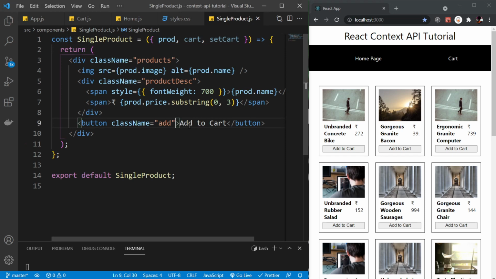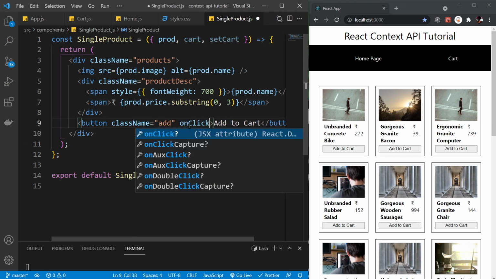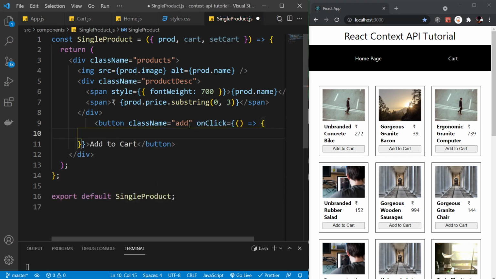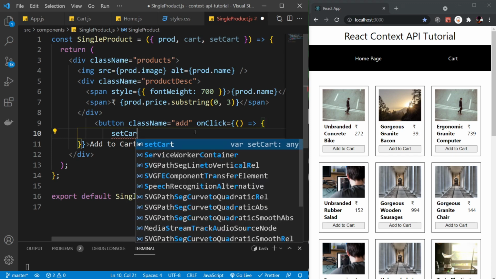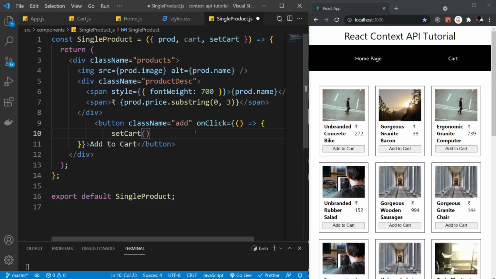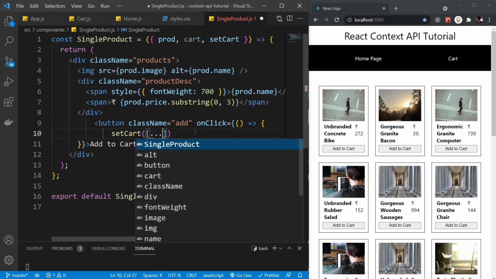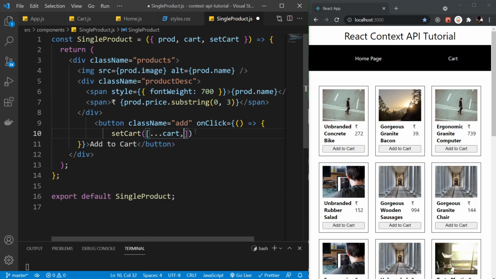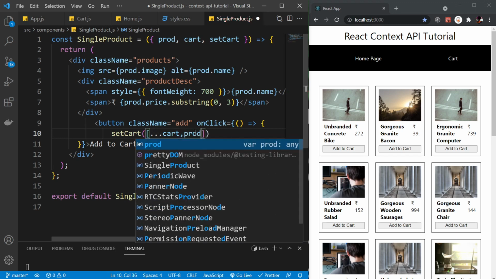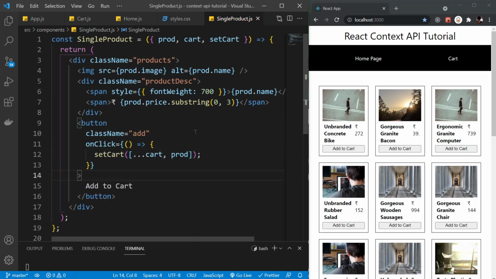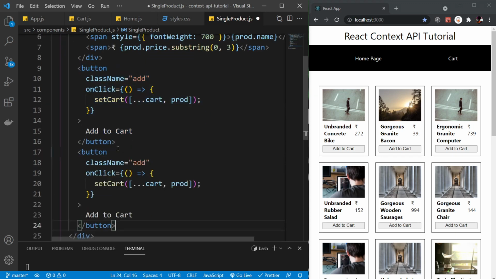What's going to happen is, on click of add to cart, it's going to fire off a function, and inside of this function it's going to set our cart with that particular product. So we're going to write setCart, take everything that is inside of our cart from before, and add the prod inside of it. So this is how you can add to the cart. But we also want to remove from the cart. So let me add another button over here for remove